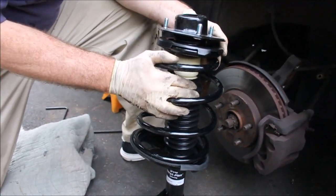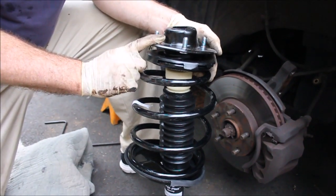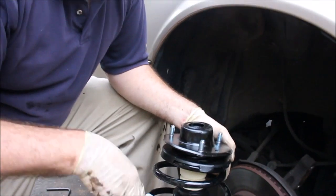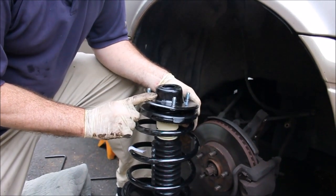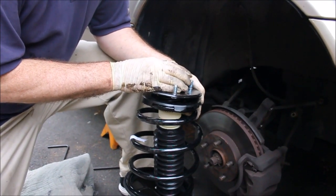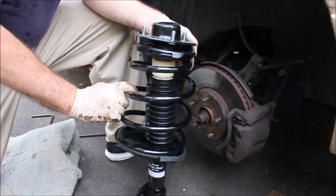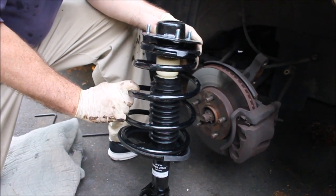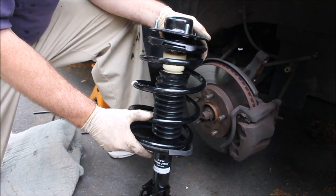I'm replacing this as a unit. This upper part is called the strut mount, and the whole weight of the car sits on this, and there's a bearing in there when the wheels turn, and every bump is translated into here, and these things wear out and they rattle around and make a lot of noise. And I'm not sure about the spring, but I would think over the years the spring becomes fatigued and doesn't work as well and loses some of its correct tension. So I think replacing this as a complete unit is the best way to go,